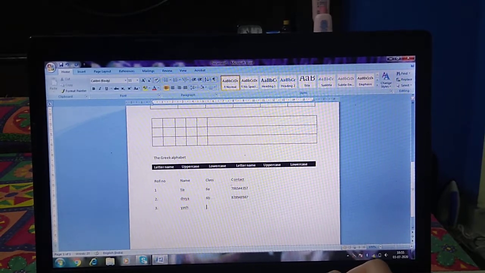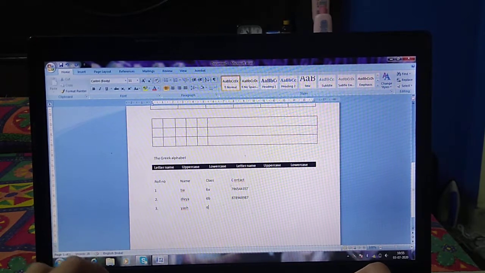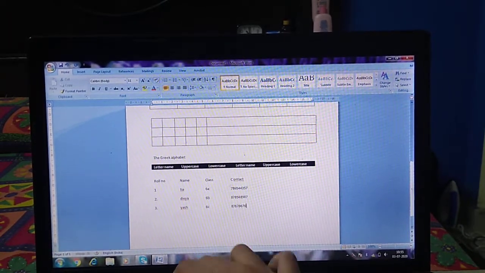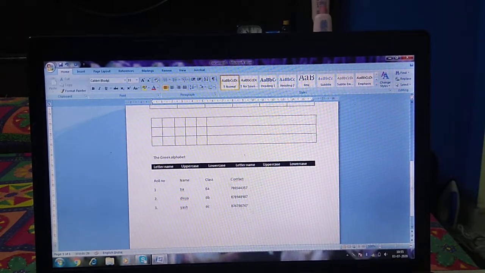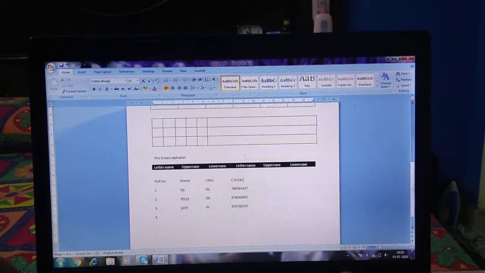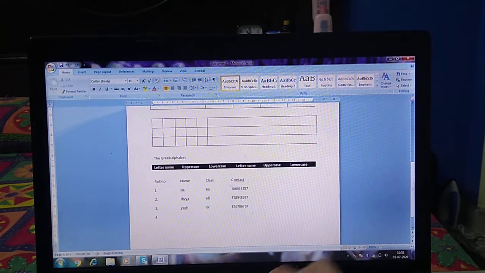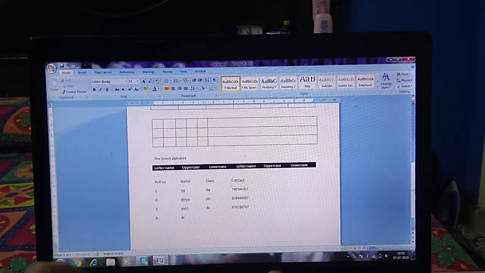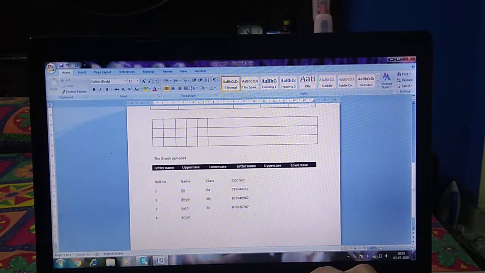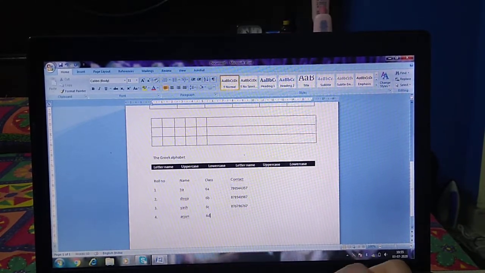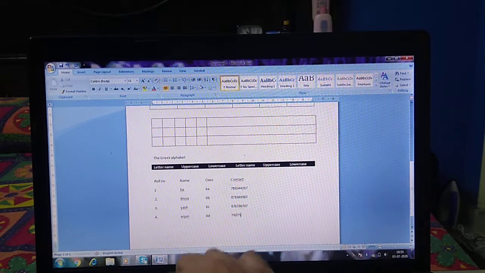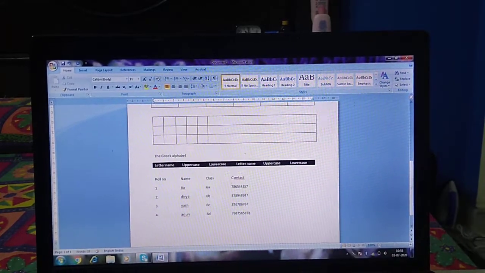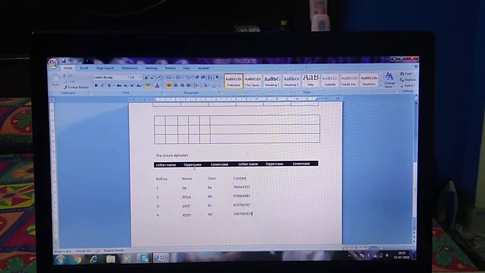Yes, this is 6th C, then some contact number we will take. Then 4th, 6th D, and any contact number we will take here. Okay, now this is the text we have written.